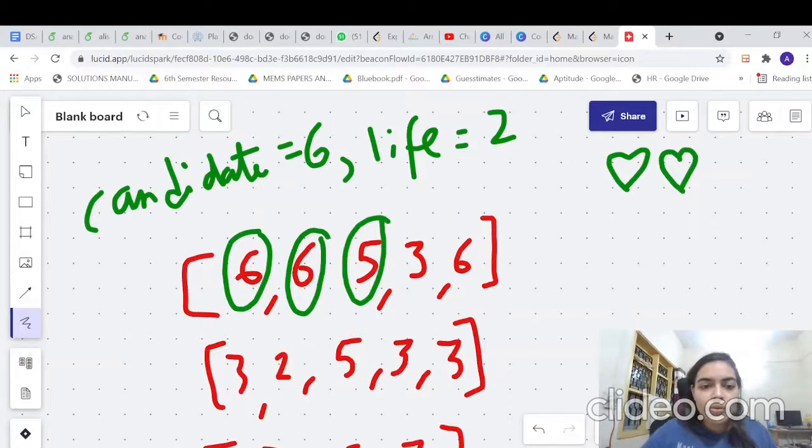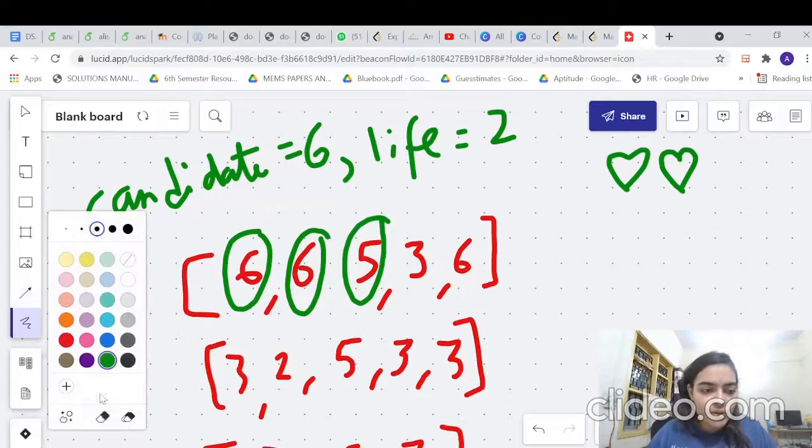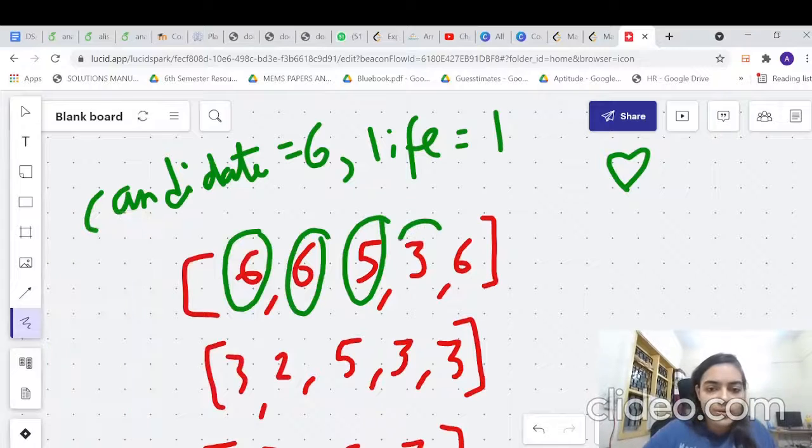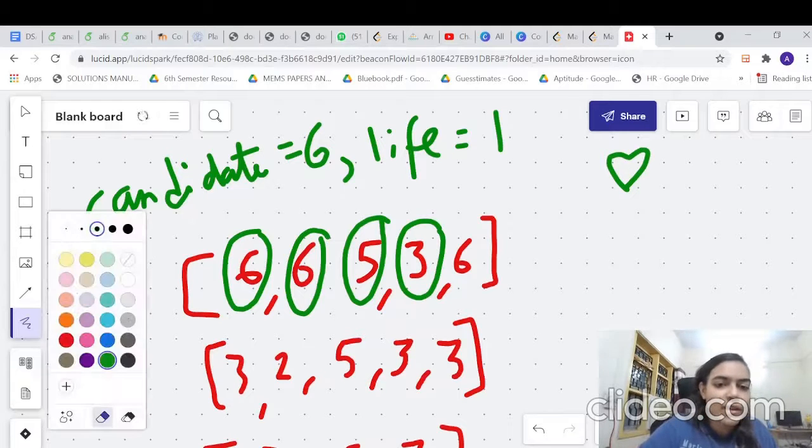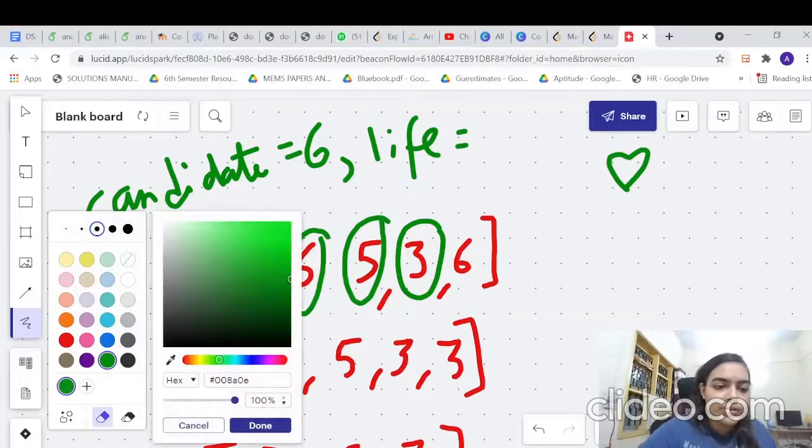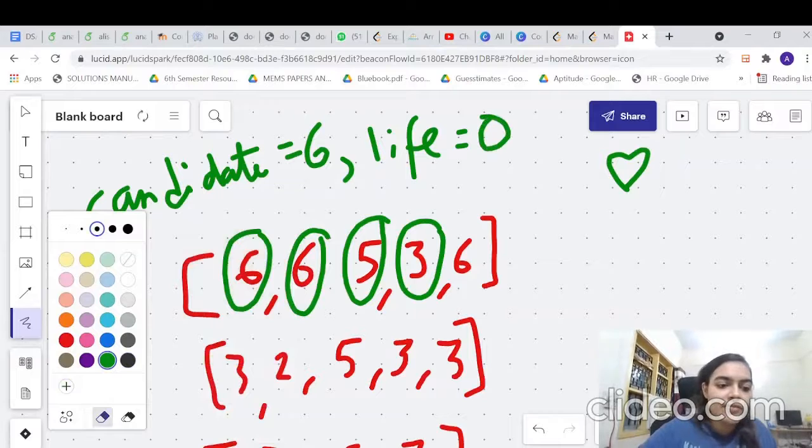Now we are coming to the next element, 5. Now what will 5 do? 5 will go and shoot one of the 6, right? 5 can shoot only one of the 6s, so it will shoot one of the 6. And what will happen in this case? 5 will lose one of the life, and for 6 only 1 life is remaining. Now let's go to the next element, 3. Now 3 also comes. 3 is also trying to shoot 6 because 3 wants to win, right? So 3 will also try to shoot it. Now 3 is shooting and its life is back to 0.